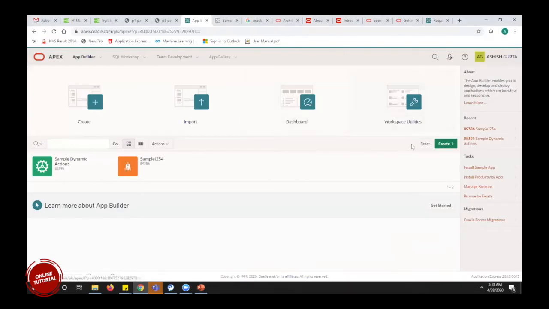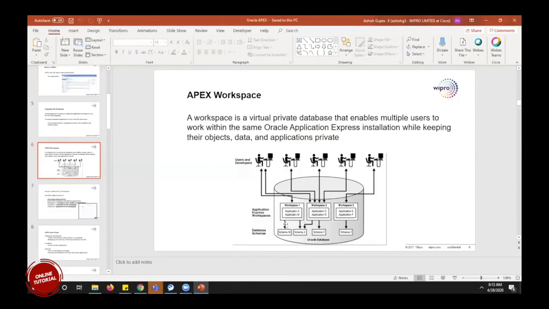The schema could be one or more than one schema, but a workspace can be decided under one schema or the other schema. Suppose we have workspace one that is under schema W. So we have a schema W under workspace one. We could have another schema, X, which is under workspace one as well.